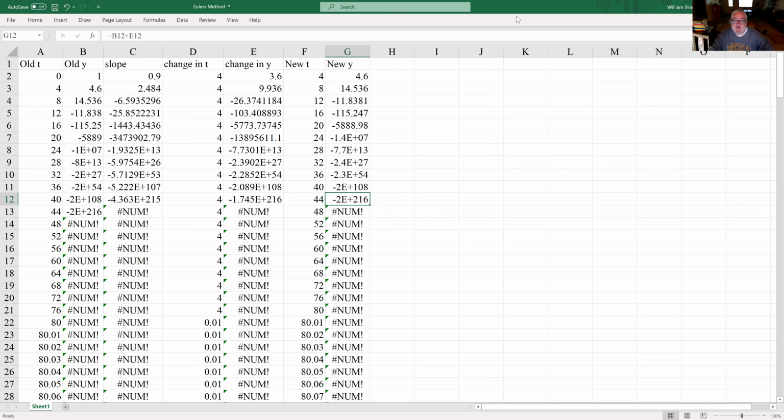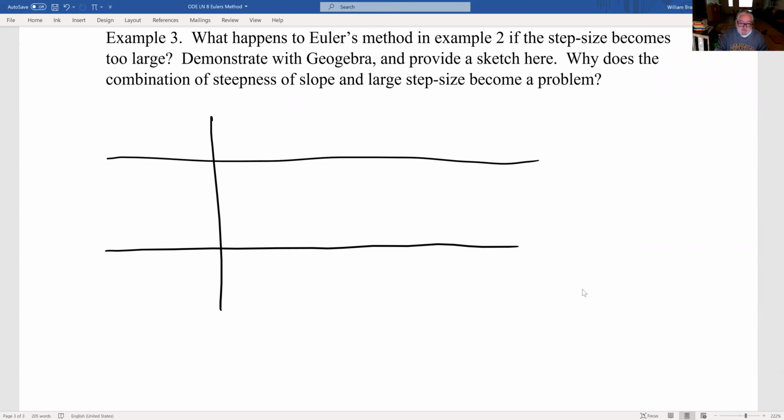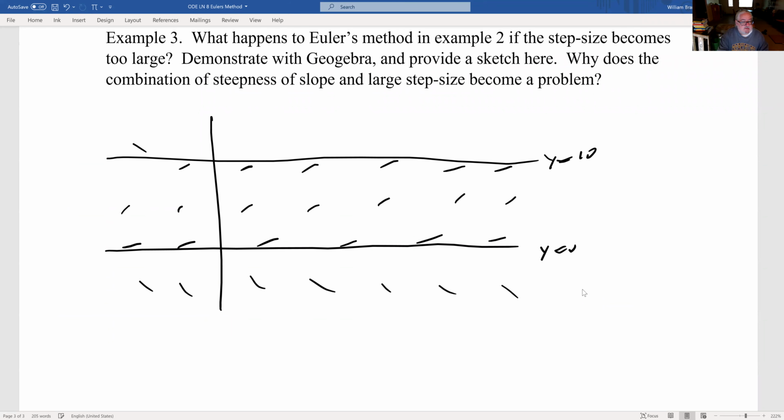Let's draw a picture to see what's going on there. So what we have is our slope field, which is basically like this. y equals 10, y equals 0. Everything here is negative. Everything in here is positive. But keep in mind that as we get closer and closer to the equilibria, the slopes get shallower and shallower. Same thing here, the slopes are shallow near the equilibria, but steep away from it. So if we start at 0, 1,